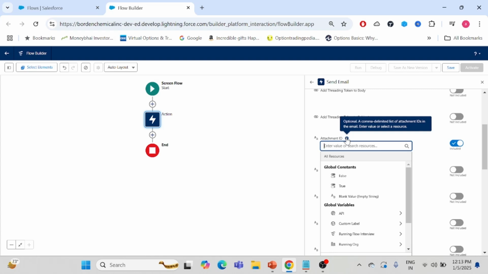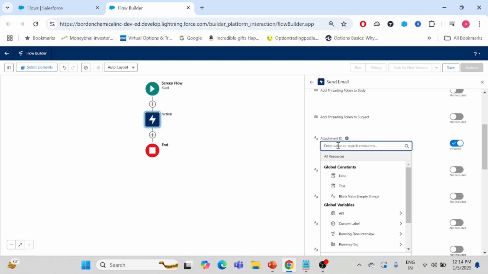What you have to put here has to be the content version ID. So let's say we upload any PDF or anything in Files, and we want to send that as an attachment in the emails. That's where this new option is going to be helpful, where I have the attachment ID and can directly put the attachment. I can maybe use a Get Records element, or I can use Apex to get multiple attachment IDs or single attachment IDs based on your criteria, and you can pass it as a parameter into this attachment ID, and the Send Email action will automatically take the actual document from the backend,